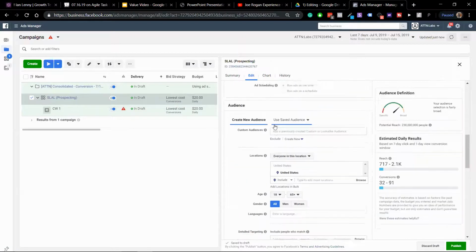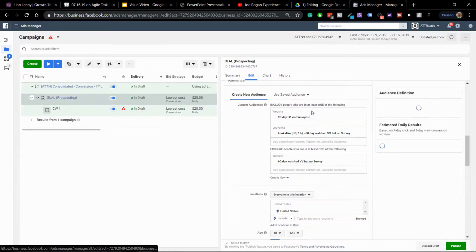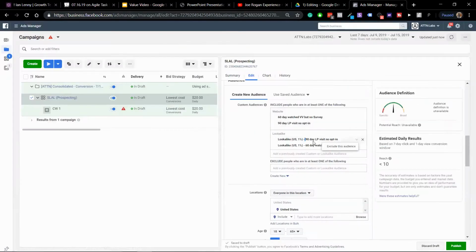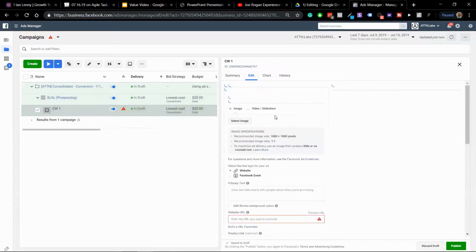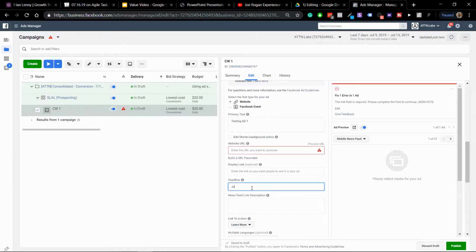Then in the prospecting campaign, you want to add the lookalikes of all of these successful events that you have. Purchase, initiate checkout, add to cart, 5 times page view, 21 days, everything like that you want in the prospecting ad set. Once you have those 2 ad sets set up, that's when you start to test different creatives,